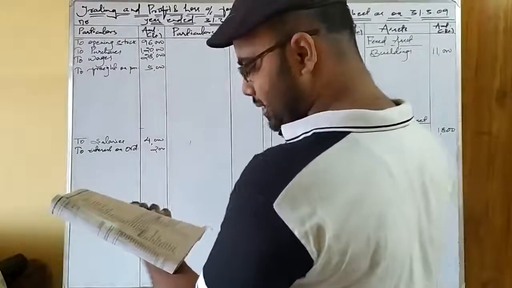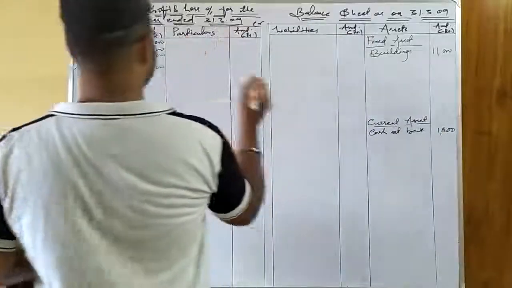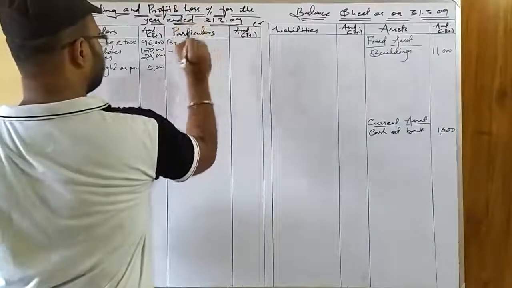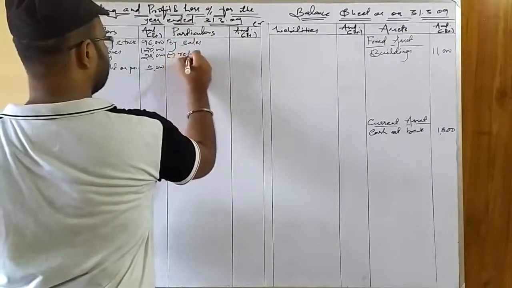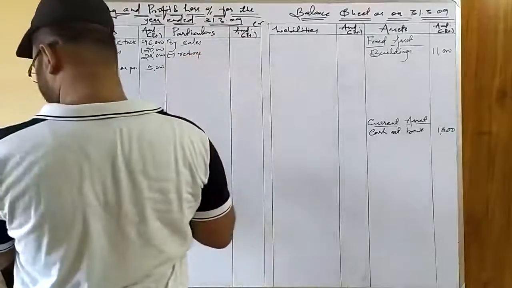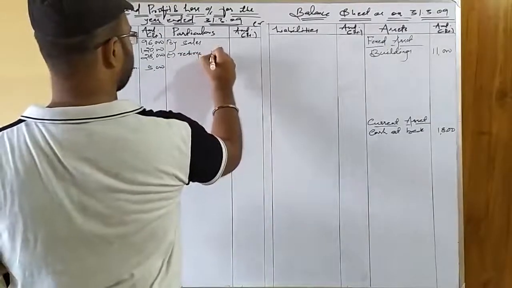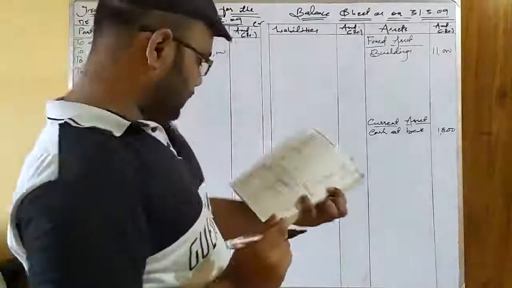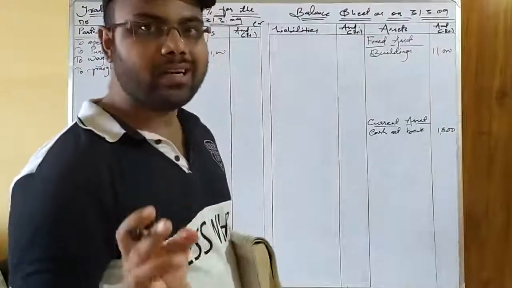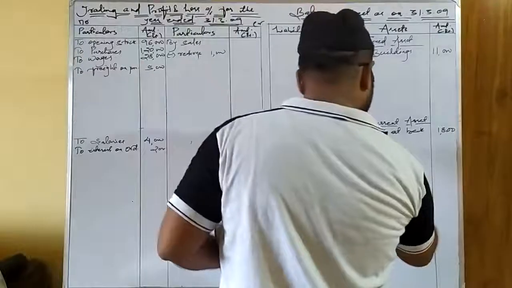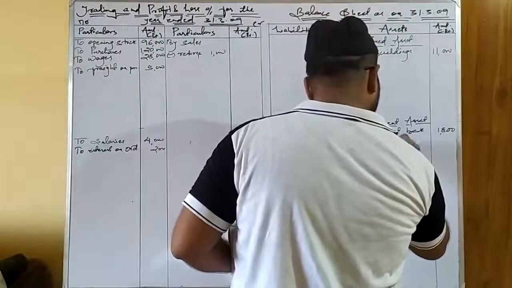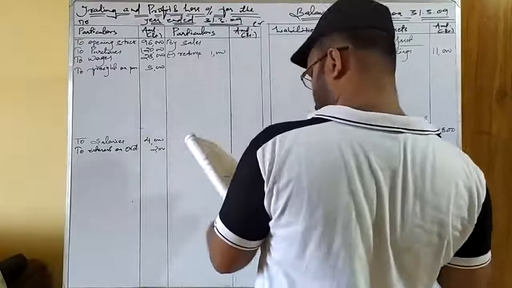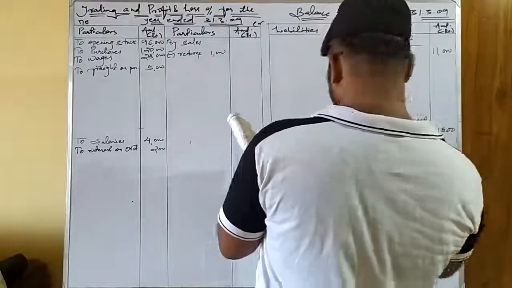Next item is sales return. So if there will be sales, definitely there will be sales return. So we haven't come across the item sales. So I am leaving space over here and I am writing here less returns. So sales return amount given is 1,000. Okay. The next item is sundry debtors, and as you know, sundry debtors are assets. What kind of asset? Current assets. We will post here. So debtors are given as 35,000.